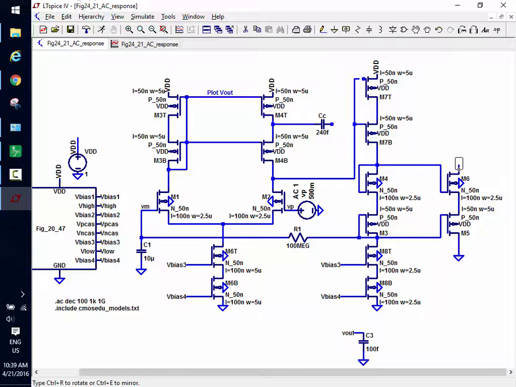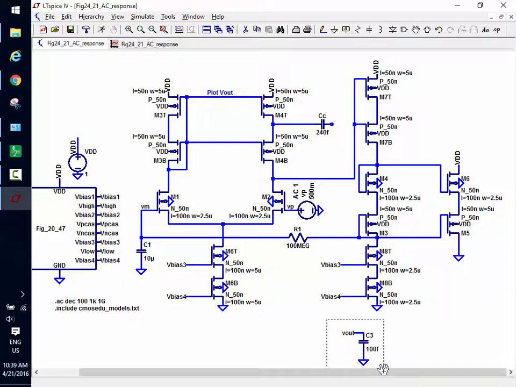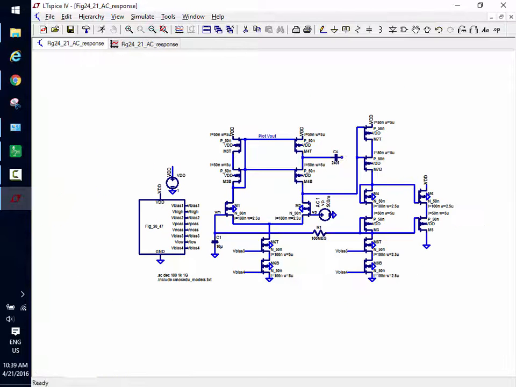Oh, I didn't do the top one either, did I? You're probably going crazy on that, aren't you? There. And then move this. Does everybody see what I'm doing here? And last but not least,